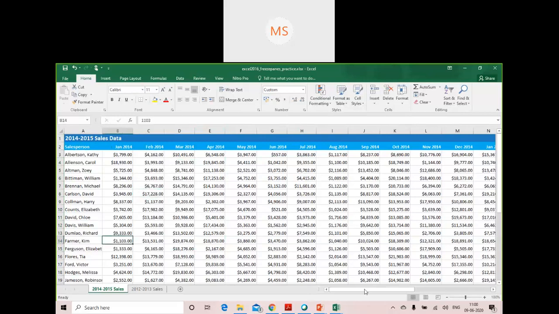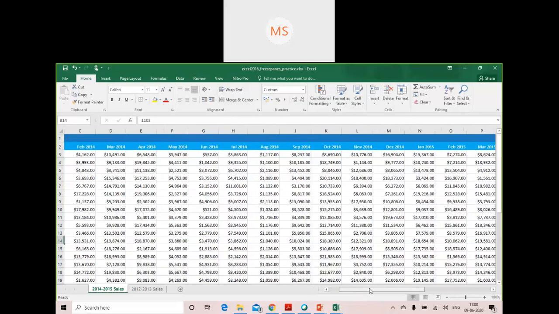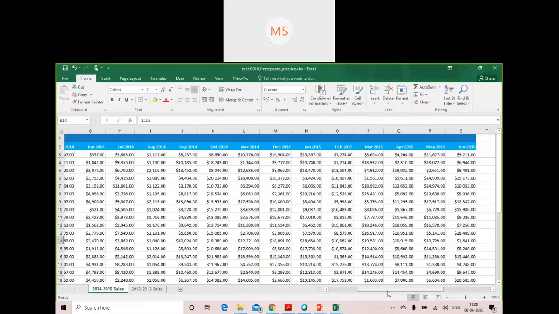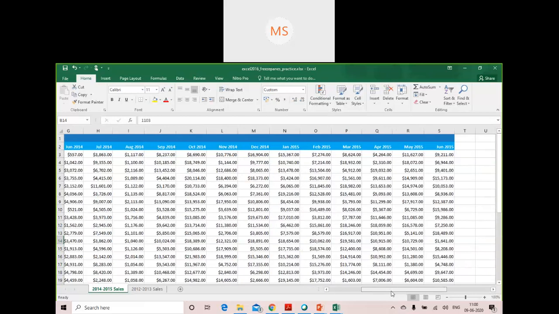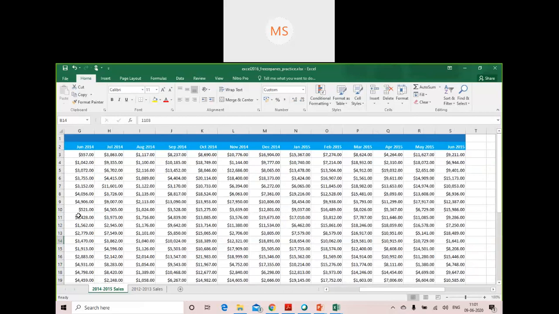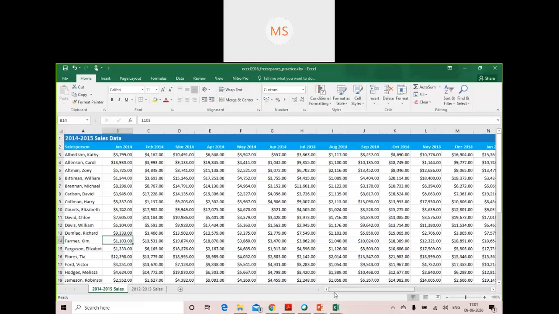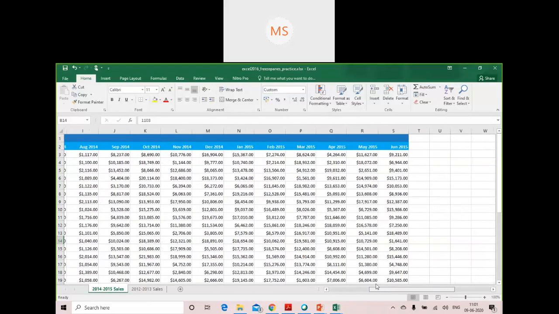And apart from that, suppose I'm scrolling my sheet towards the right hand side to know what columns P, Q, R, S consist of. The moment I move it to the right hand side, the values which are stored in column A do not appear to me.